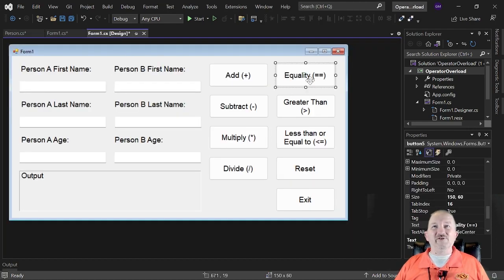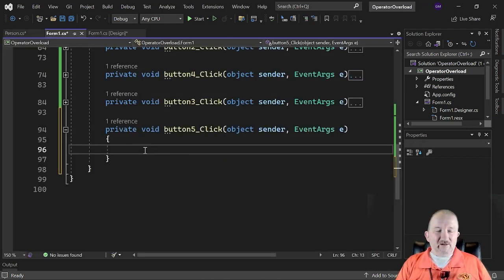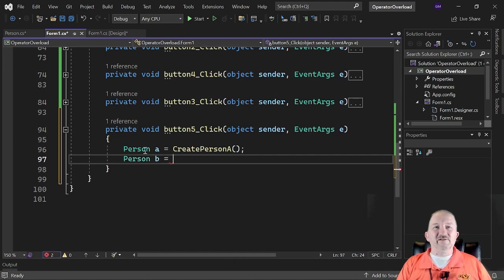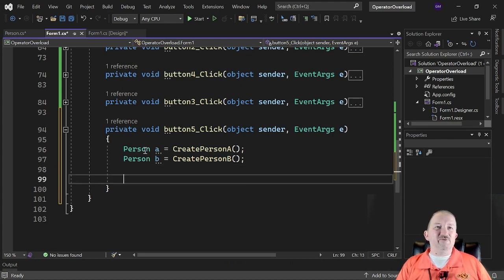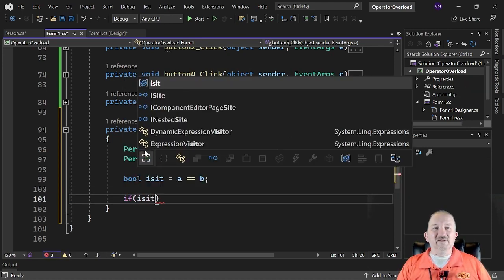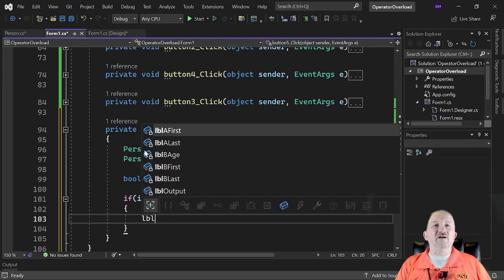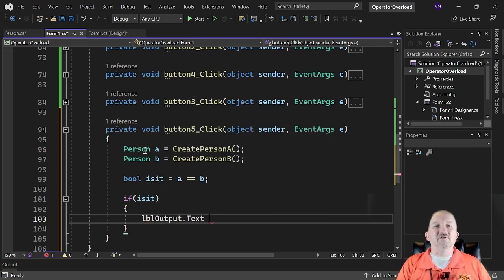So let me go ahead and assign the equality operator. Oh, let me go and create my people. Person A is create person A, and person B is create person B. And then we're just going to say boolean is A equal to B, and say if it is, output they match,